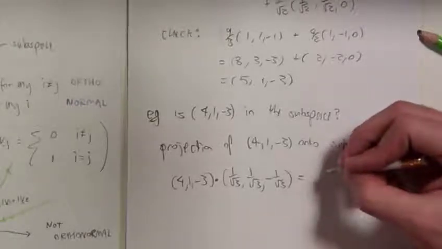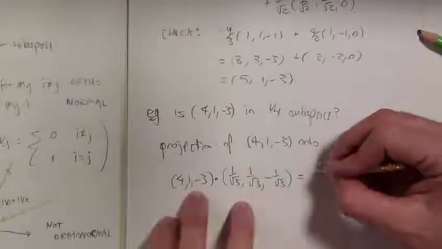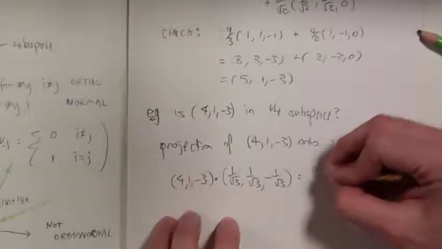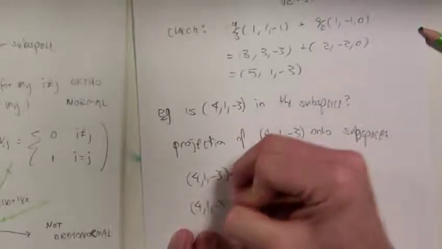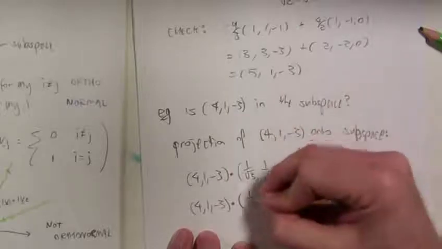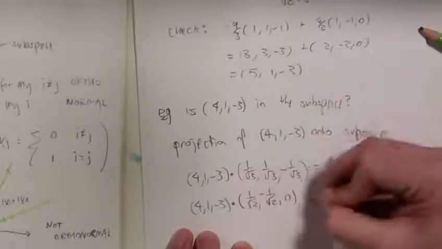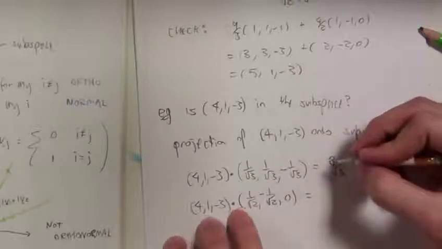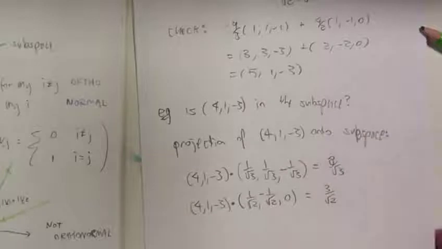I've got 4 plus 1 is 1. So the projection is